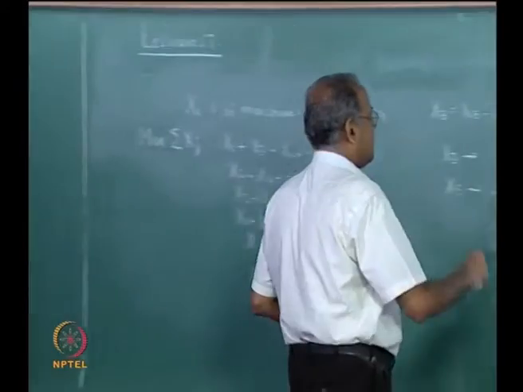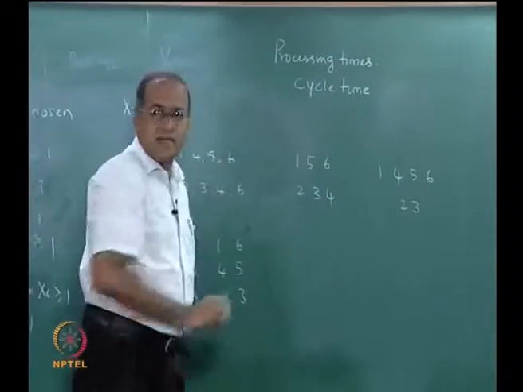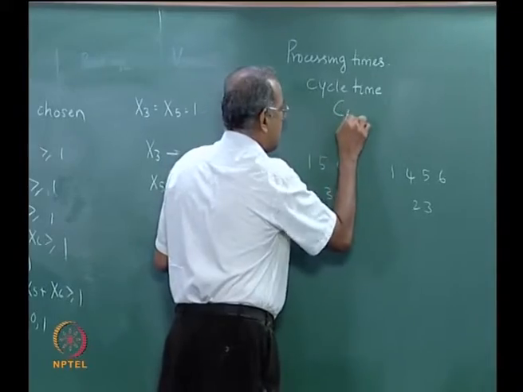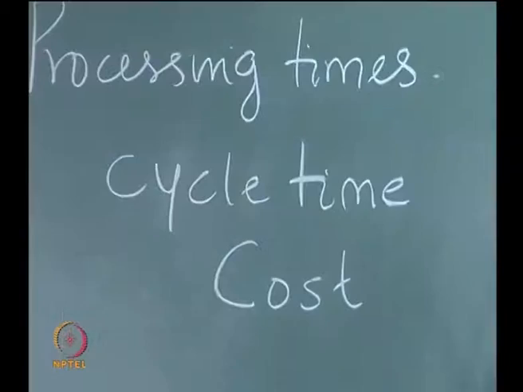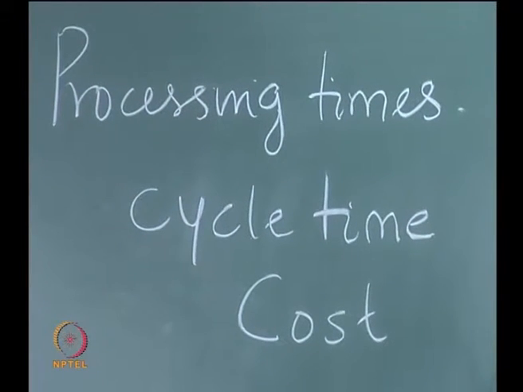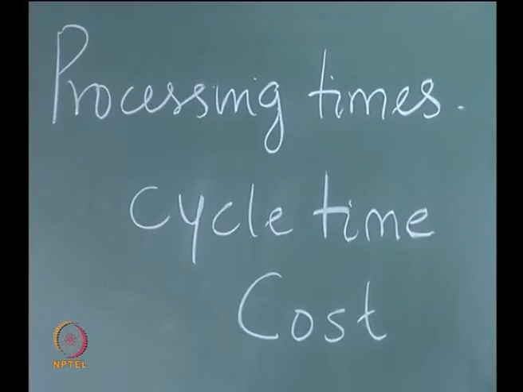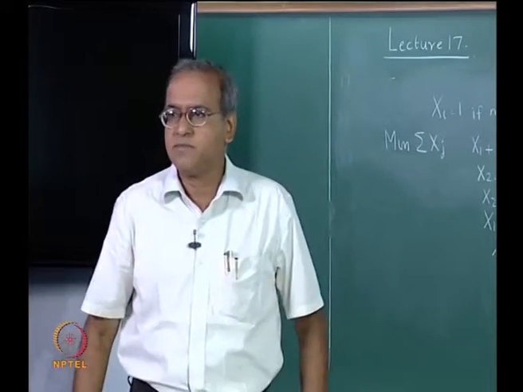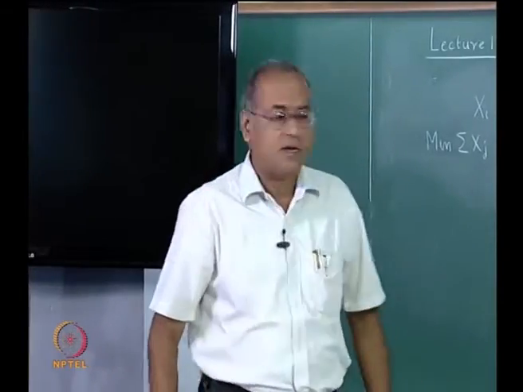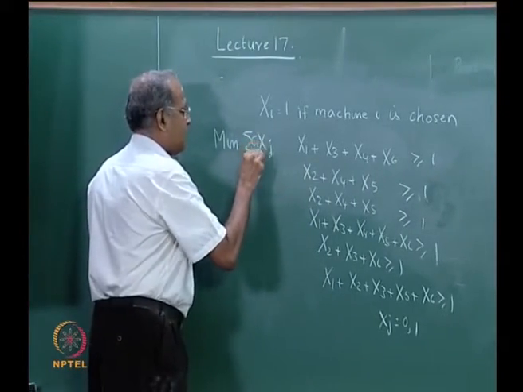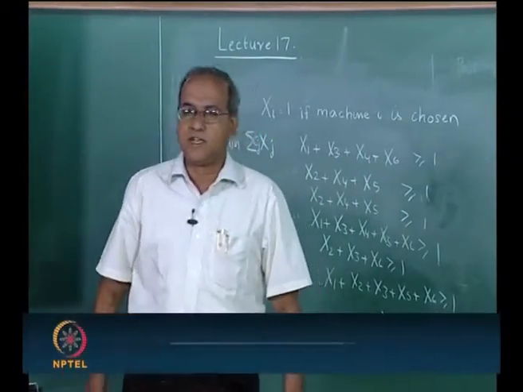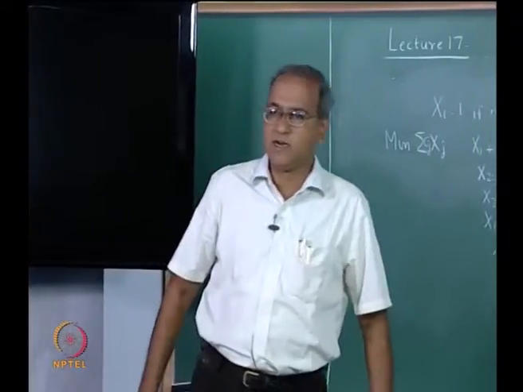So, we will be required to look at processing times, cycle times. We might also want to look at cost. Sometimes these 6 machines could be existing machines. Sometimes we would like to create a cell with completely new and bought out machines. Now, when we do that, the solution may change if instead of minimizing xj, we minimize cj xj. For example, machine 3 may be a very costly machine, and it may be substituted with some other machine here. So, cost also has to be looked at.